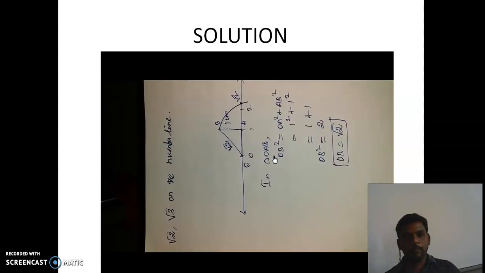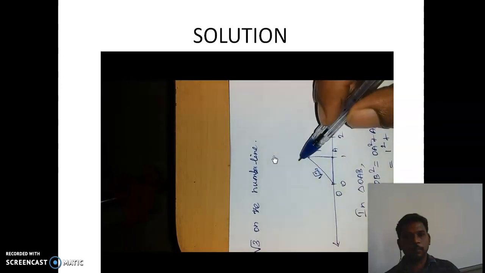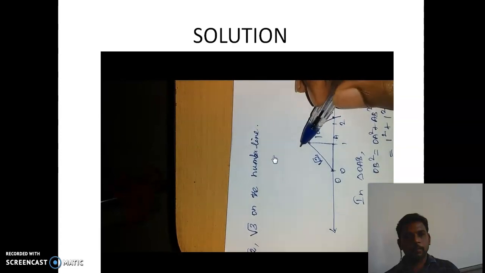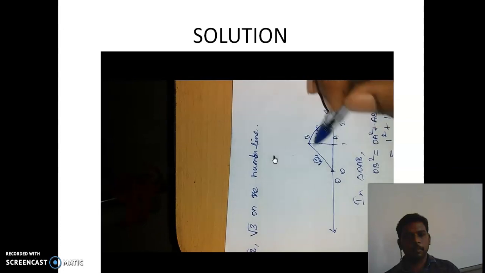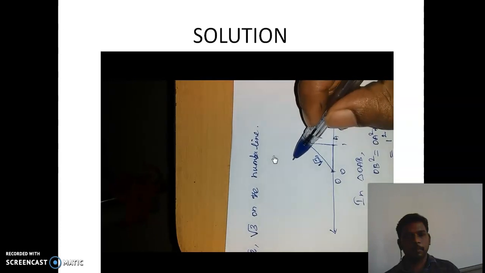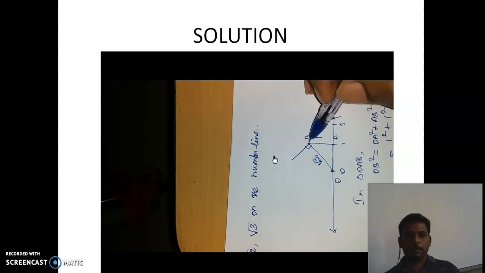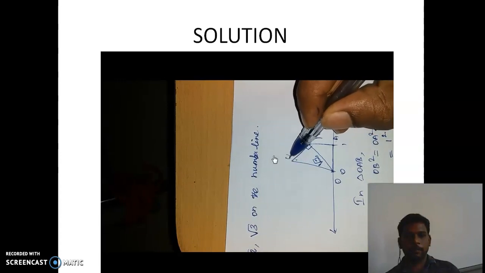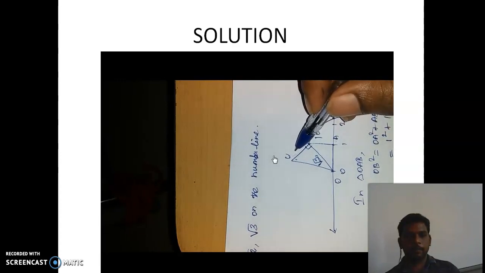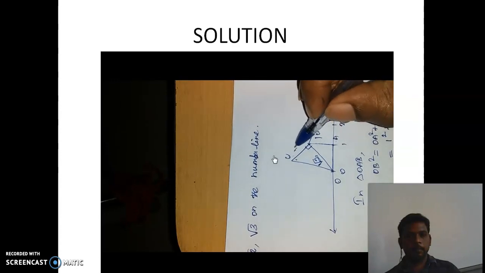Similarly, next we are going to mark root 3 on the number line. That means we are going to continue the right triangle, making a right triangle from B onwards. Again make OB as a base and draw a vertical line exactly 90 degrees at B, and then connect these two lines. Now OBC is another right triangle with OB root 2 and BC as 1 centimeter.